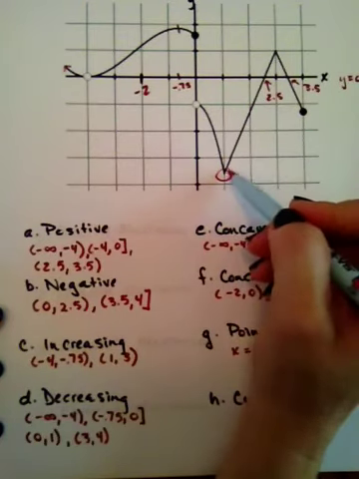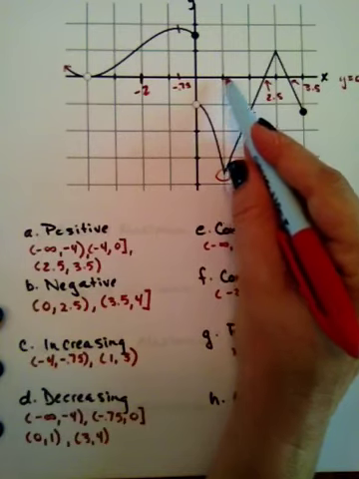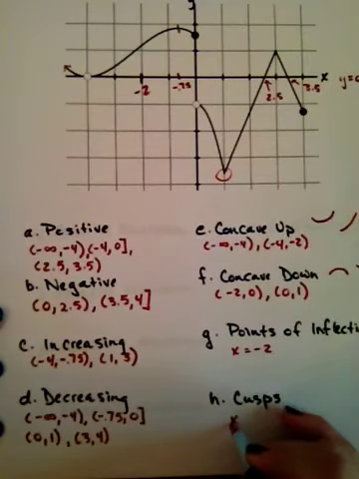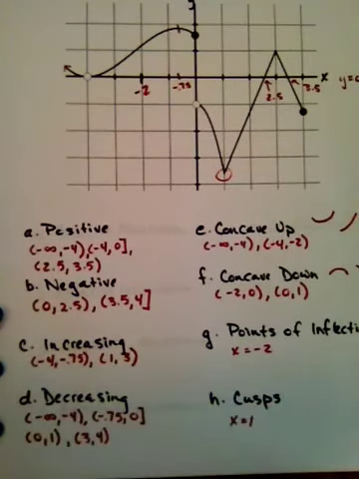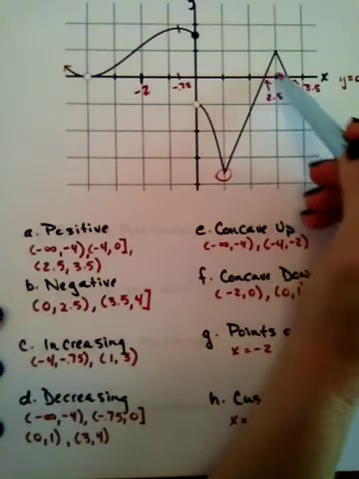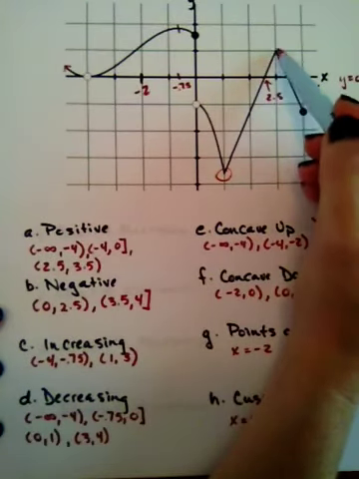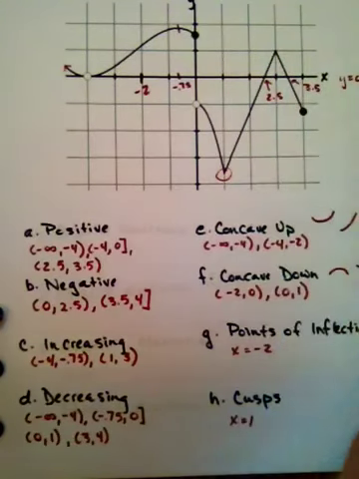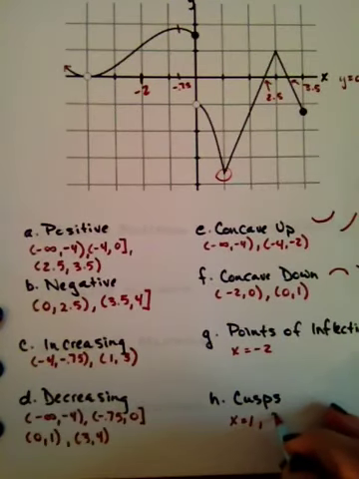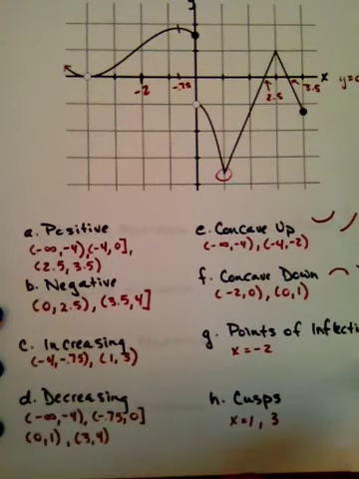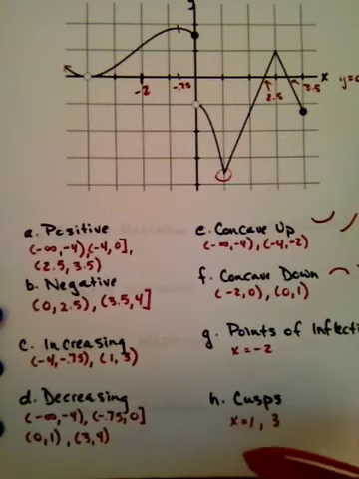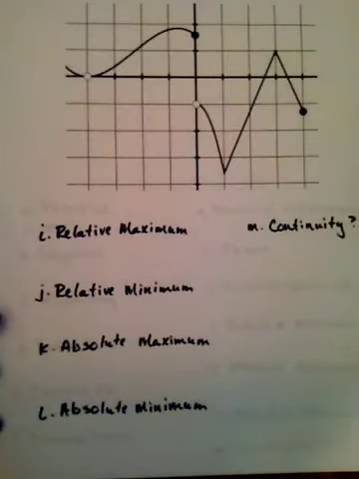So this sharp turn is a cusp, and it happens at x equals 1. You can see there's one other cusp right here at x equals 3. We have another sharp turn, so x equals 1 and 3. So we have two cusps on this graph. Okay, if we keep going, you may have learned